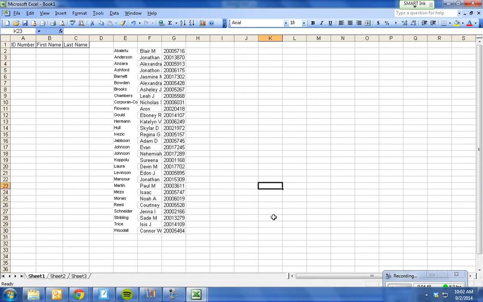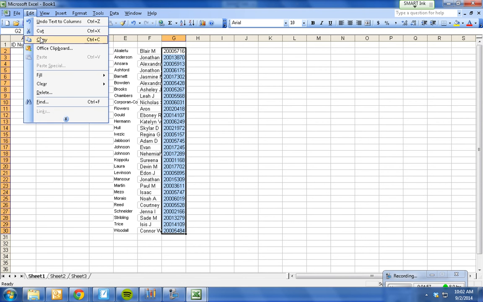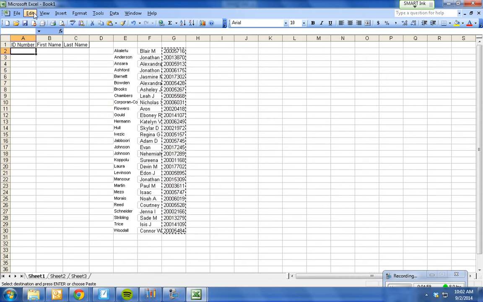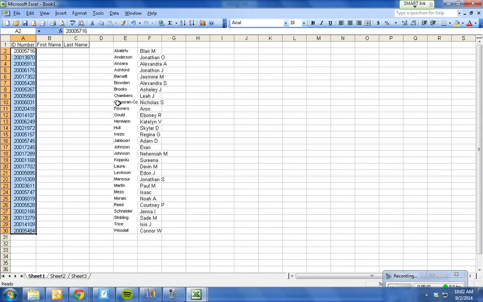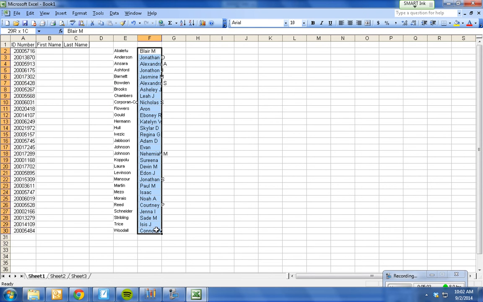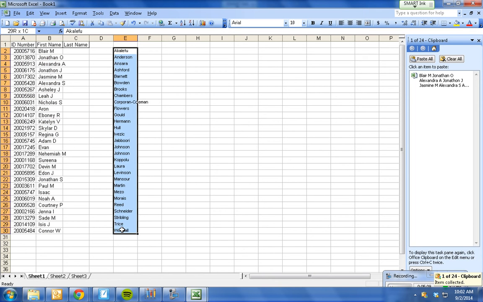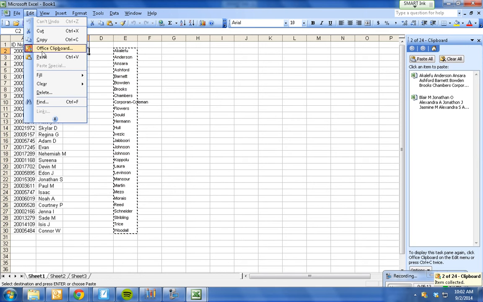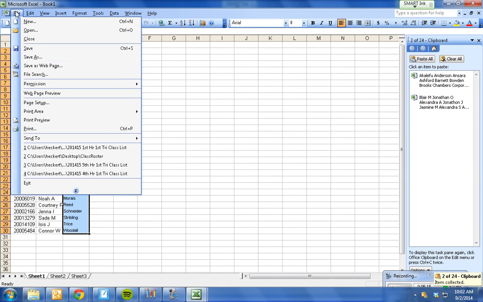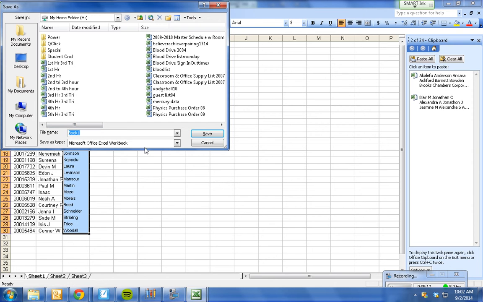All right. So now I've got all of my information in there. So now I just want to take the stuff and put it in the right column. So here's my ID numbers. I'm going to cut and paste. I'm going to take my first names, I'm going to cut and paste, and then I'm going to take my last names and I'm going to cut and paste. And then I'm going to save it, save as,